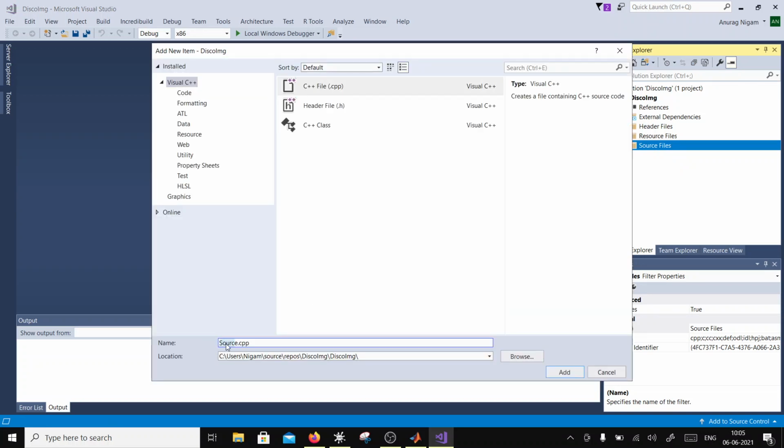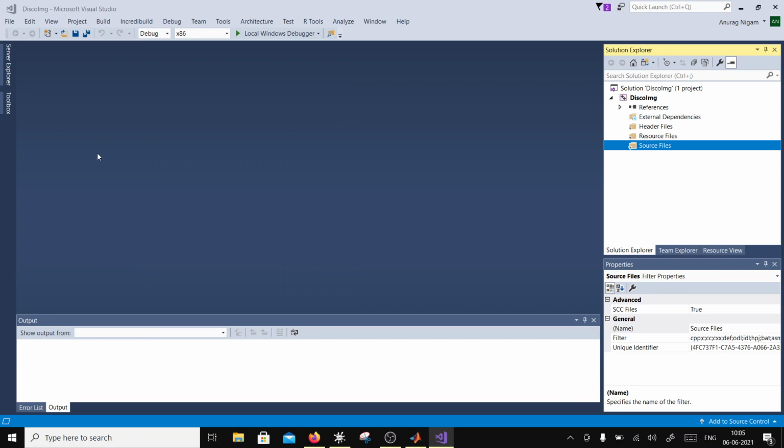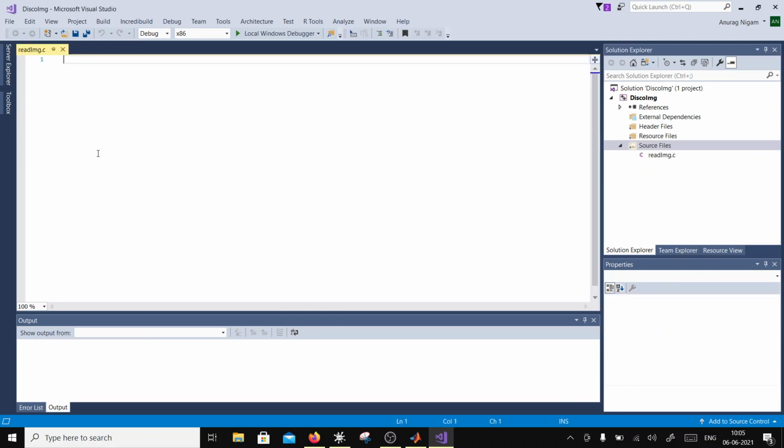So I'm going to add a new item, and I'm going to say read img. So this is my own function, read img dot c. Add.